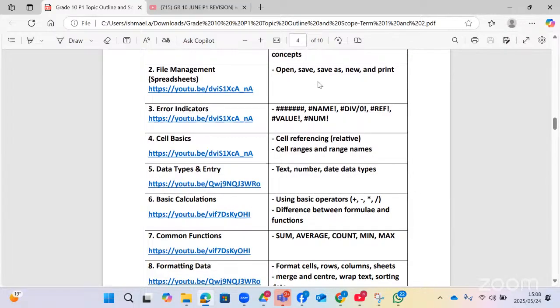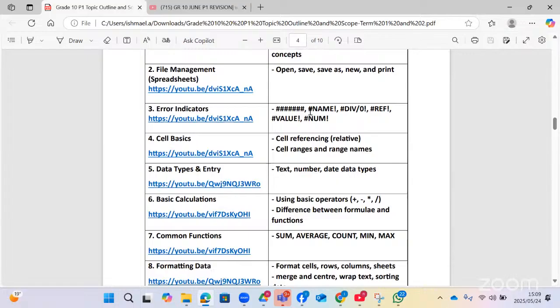You must know the error indicators, the hashtag. What does hashtag mean? What does the hashtag name, hashtag division by zero, ref, hashtag value, and then hashtag num. These are the error indicators that you might encounter